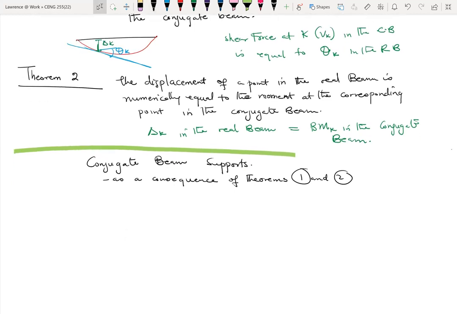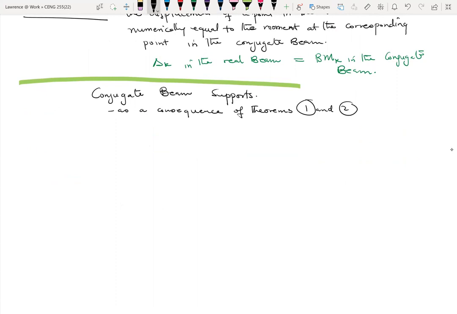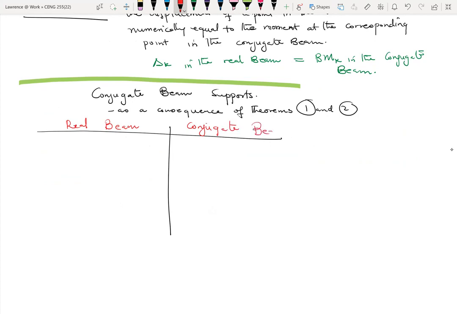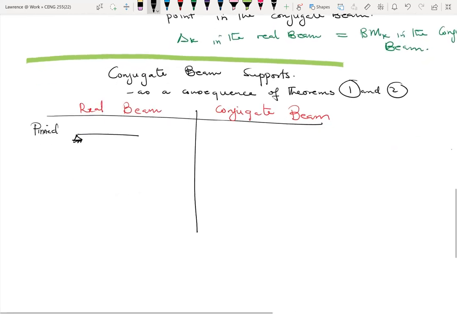So basically, we want to develop supports which reflect these two theorems. All right. So let me just do a table kind of thing over here. Okay, so let me see, real beam, and then this is conjugate beam. Okay. So let's say I have a beam, and the support is a pin. So this is a pin support. All right, we know that if you have a pin support,